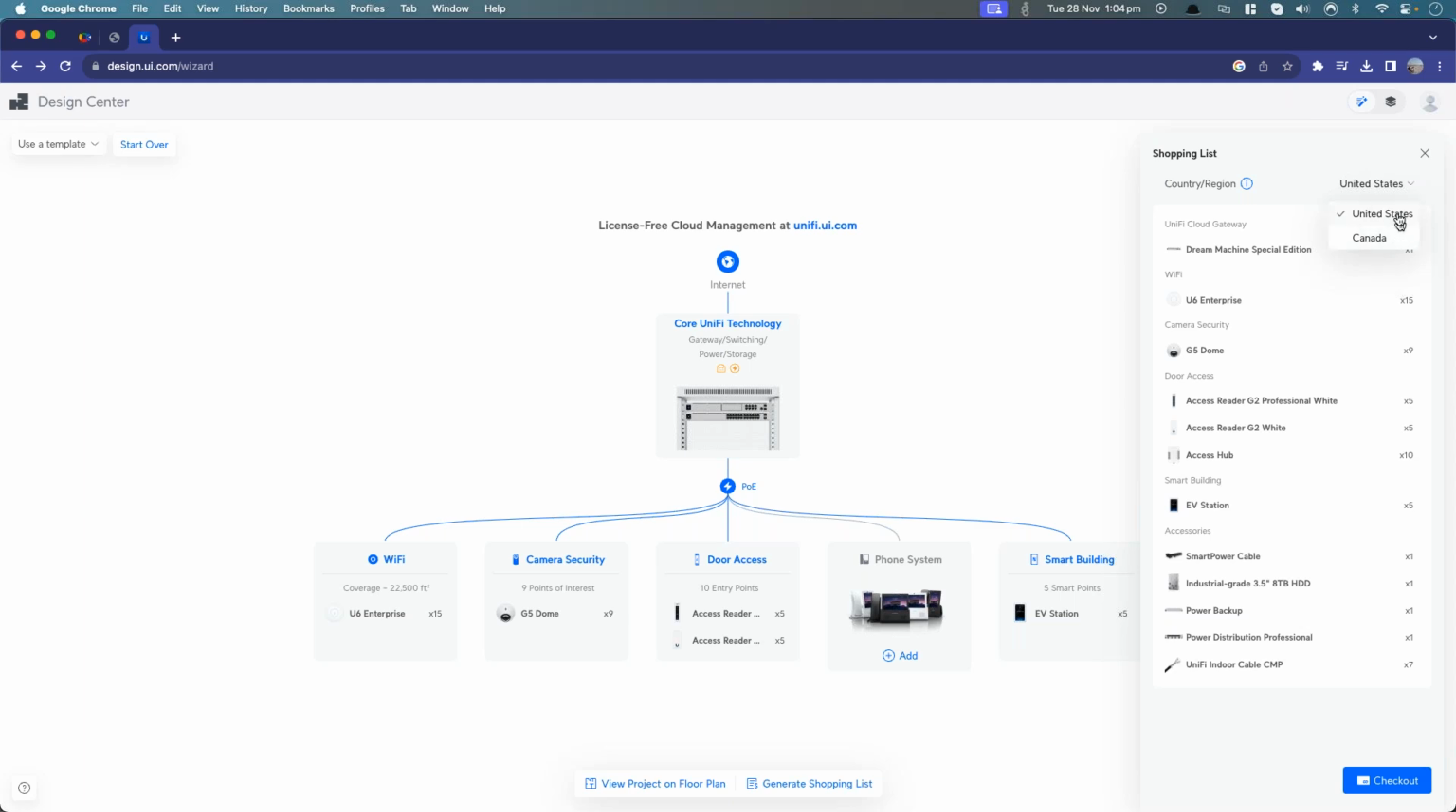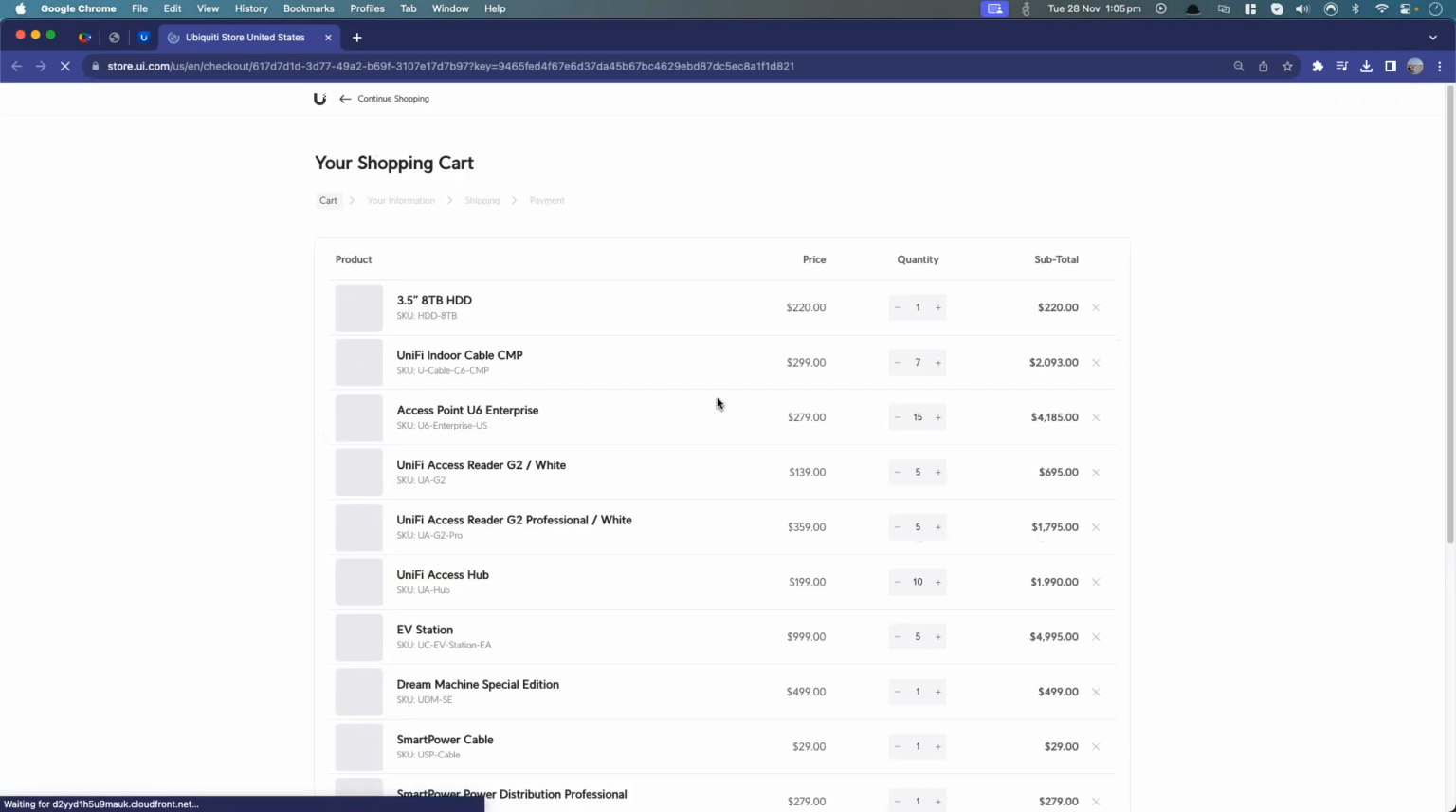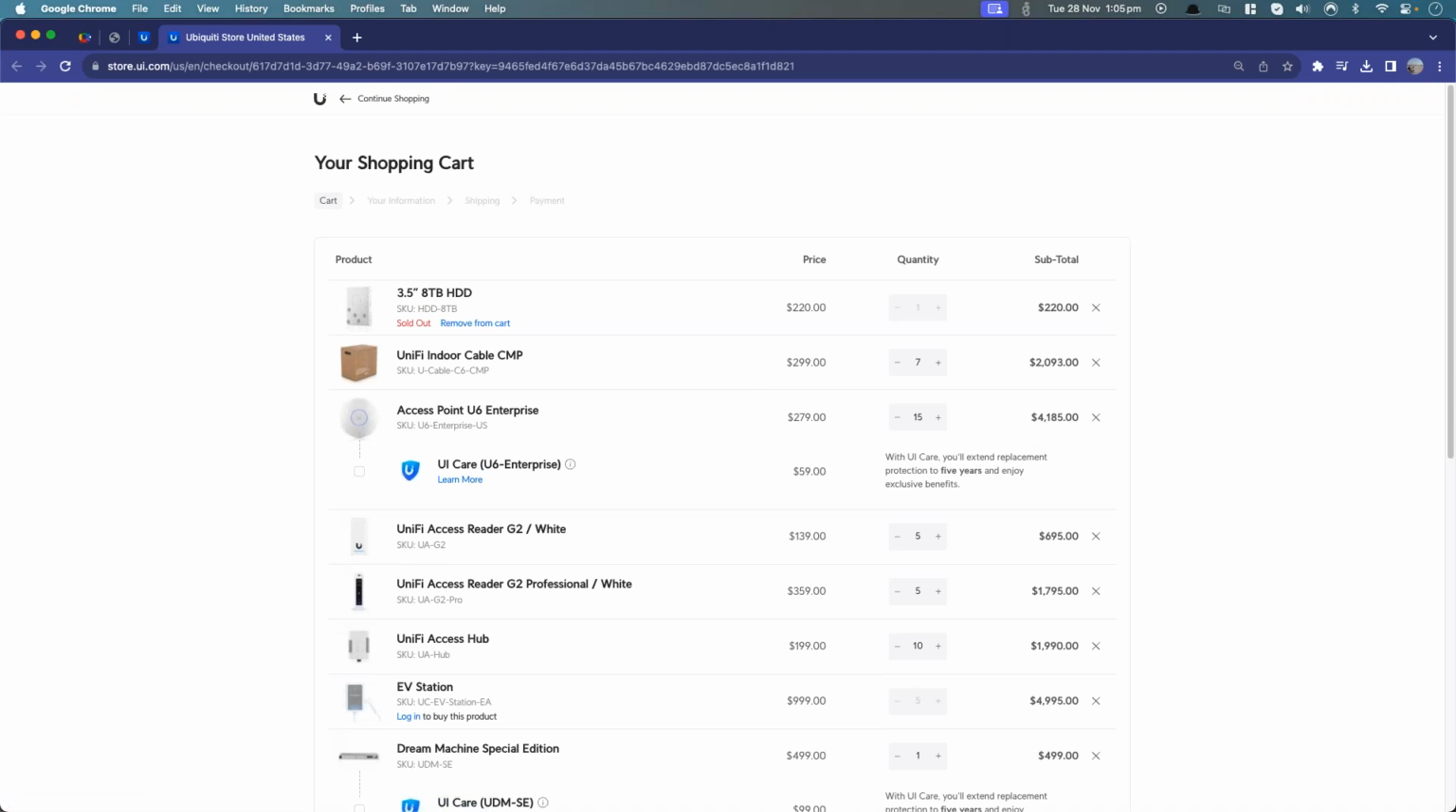It's not available in Australia. It is meant for the US and Canada. But what this is very handy for is suggesting stuff that we wouldn't normally think about. So if I take a look, for example, at the parts list here, we'll see that